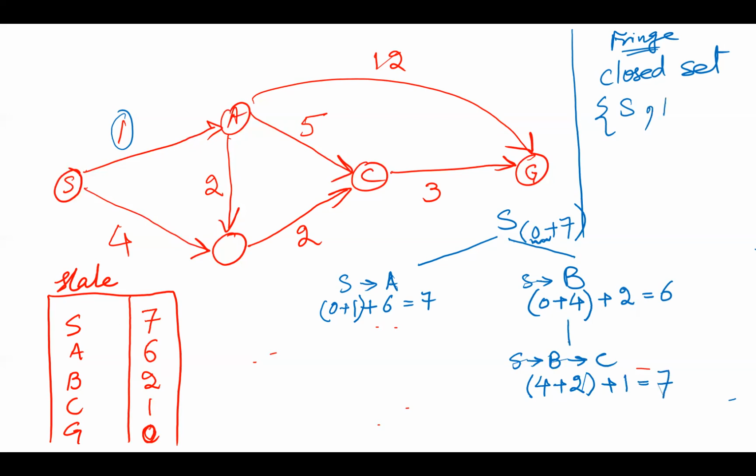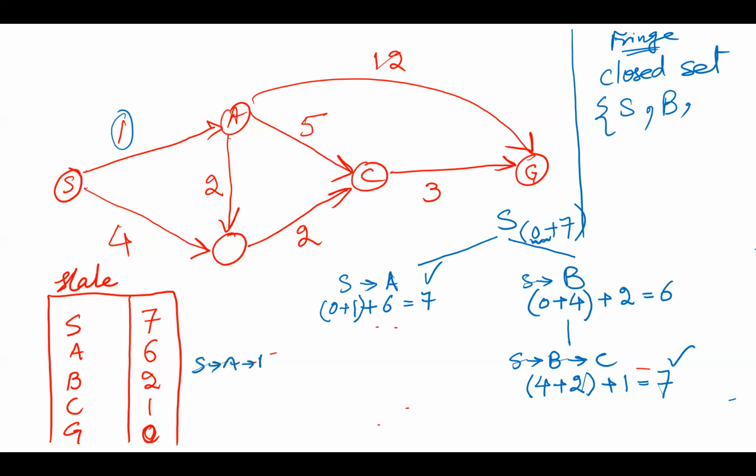We put B in the closed set. So we have 7 here, we have 7 here. In case of the tiebreaker, the typical solution is we go with the alphabetical order. And so according to the alphabetical order, where should we go? Which one should we expand? S to A, right? So from A, we can either go to